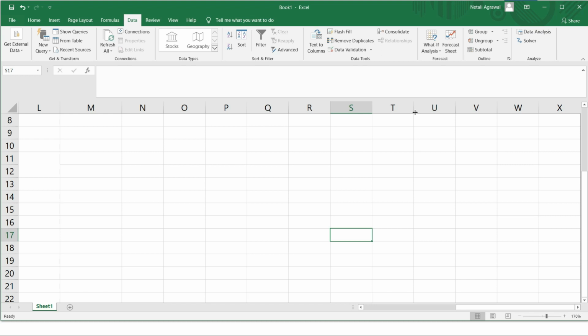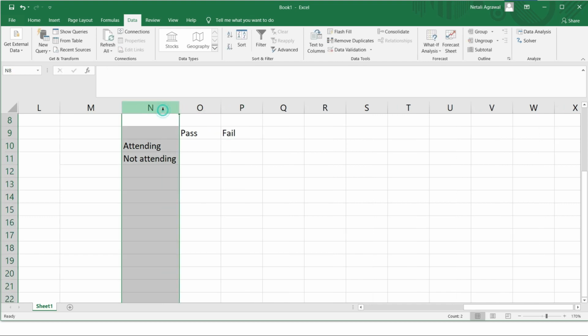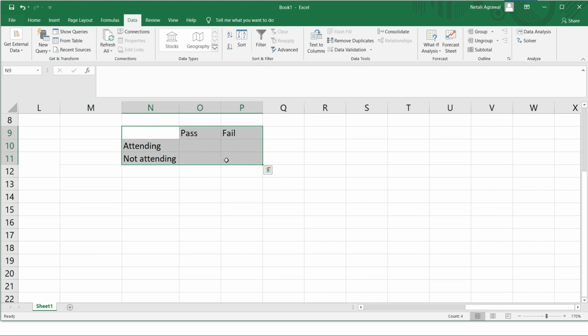So guys, suppose you want to see whether students attending the class and people who are not attending makes any difference to the result, that is pass or fail. So you have two categories, pass and fail, based on attending and not attending. That's what we are going to do over here today. We will see how the fit is.